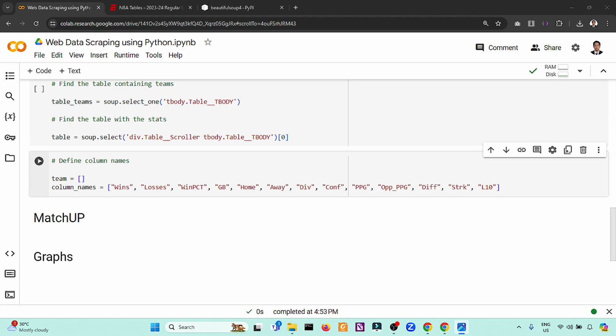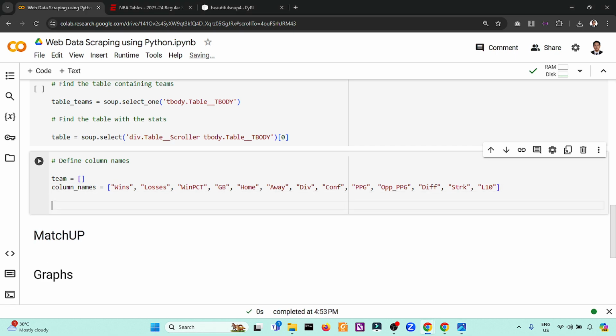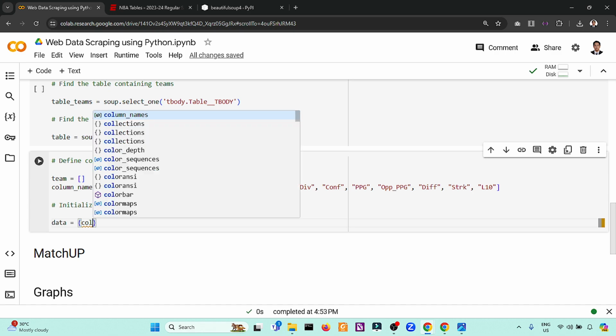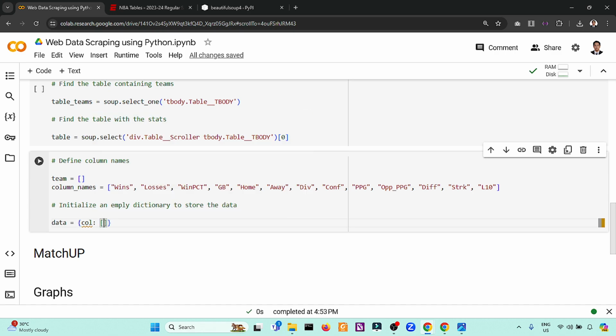The next one will be to initialize an empty dictionary to store the data. So our statistical data will be stored here while the team name will be stored here. But we will use a dictionary in order to construct this one. So under the dictionary, we have a key of column.